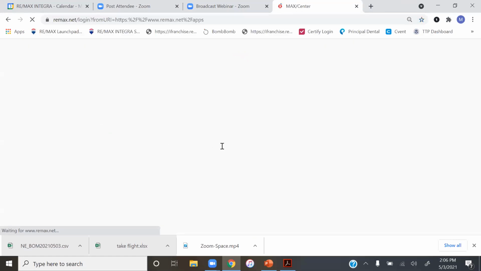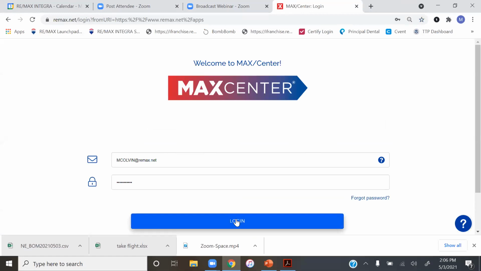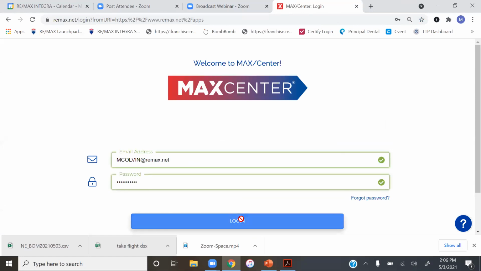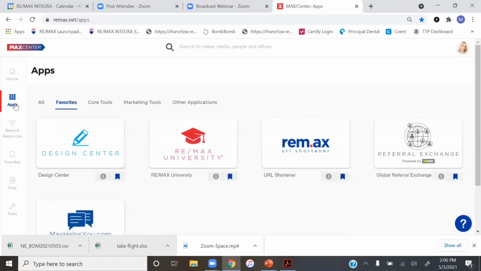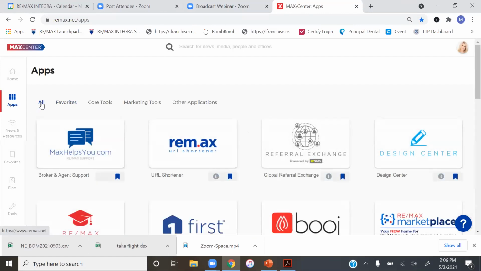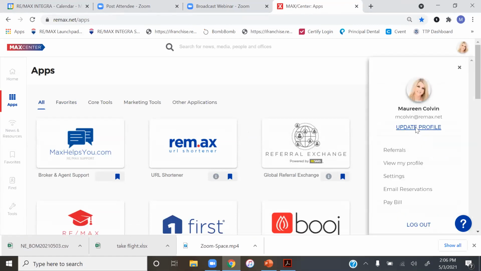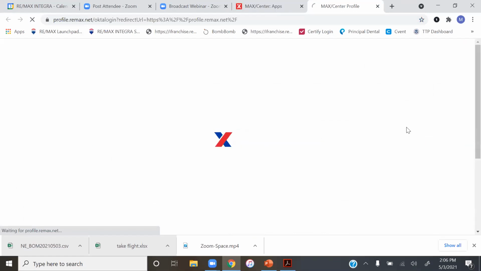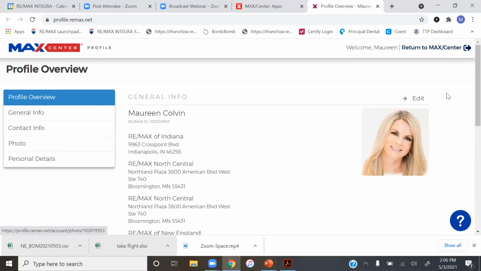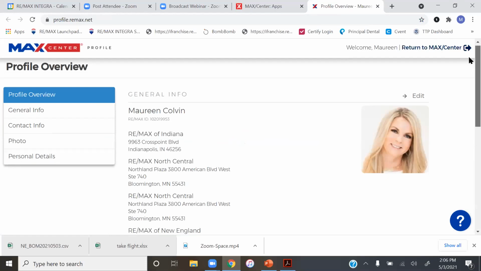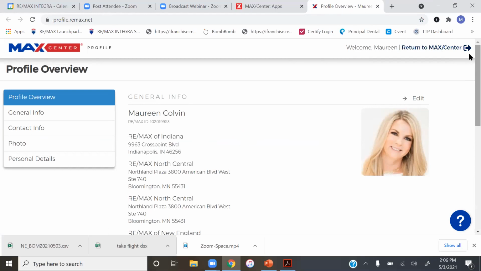And show you live how to go through that profile. Here you see my remax.net credentials to log me in. Then you're going to open your apps. In the upper right-hand corner, you're going to hit Update Profile. And again, the important thing about filling this in is that it backfills your Booge website and that referral page